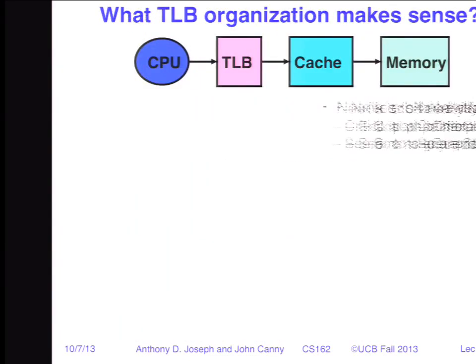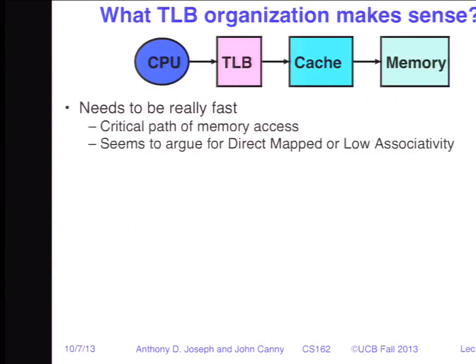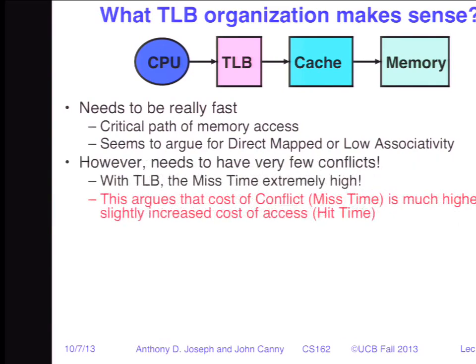Now, how should we organize our TLB? It has to be really fast, because it's on the critical path for all memory accesses. And so that argues that we might want to have a direct mapped or low associativity TLB. But we need the TLB to have very low conflict rate. Both direct mapped and low associativity TLBs would have much higher conflict rate. The perfect solution for no conflicts is going to be to have a